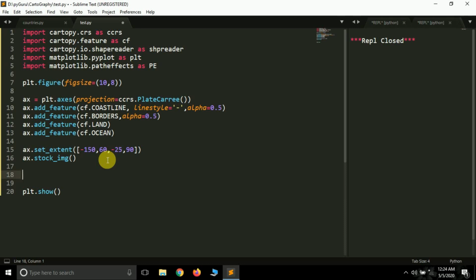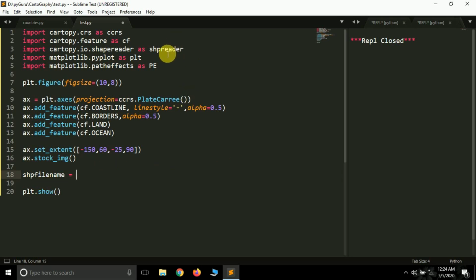In this video, the shape file that we are going to read will get downloaded automatically, so we do not have to do anything. But in the next video we'll learn how we can read our custom shape files. So let's do this part first. We are going to download a shape file. So shp_file_name equals